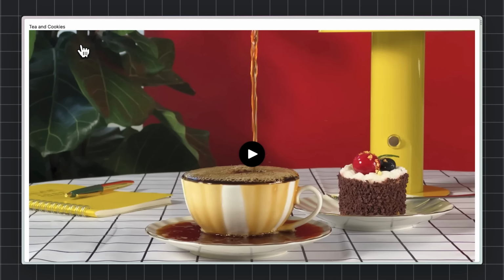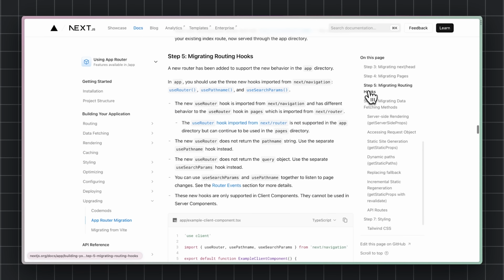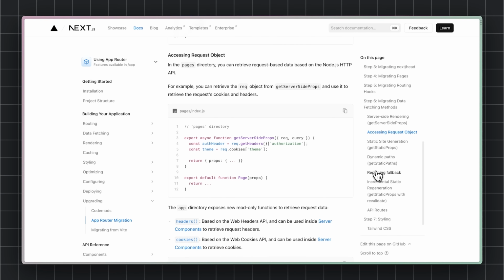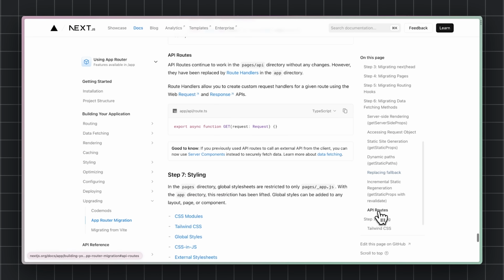Cool. There's more to an app directory migration than just server components. Some routing hooks, how metadata works, just to name a few. But since we're focused on server components in this talk, I'll encourage you to check out the official migration guide for that story. This part's not too bad, I promise. It's just normal programming. Follow the errors, take them down one by one. I know it's hard to believe, but the most difficult part is done.